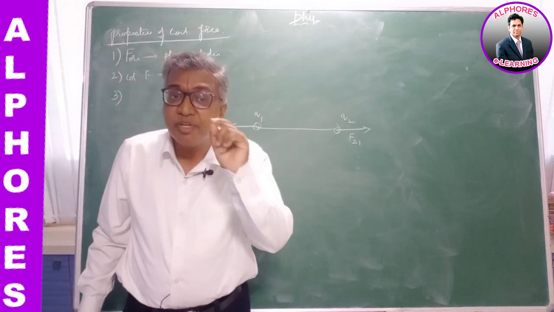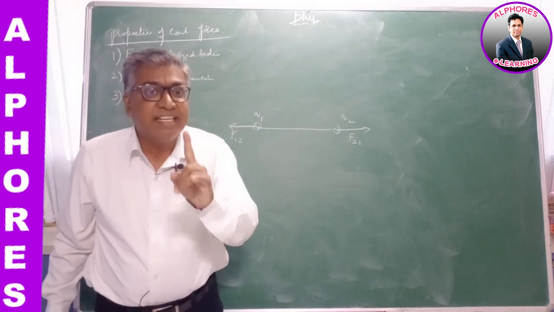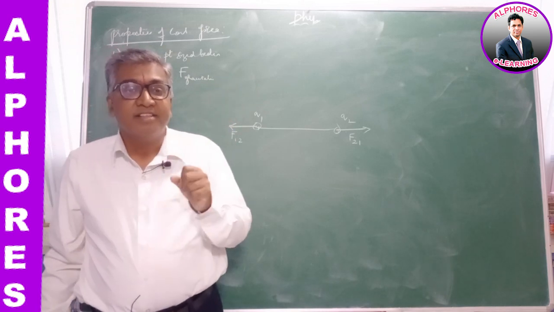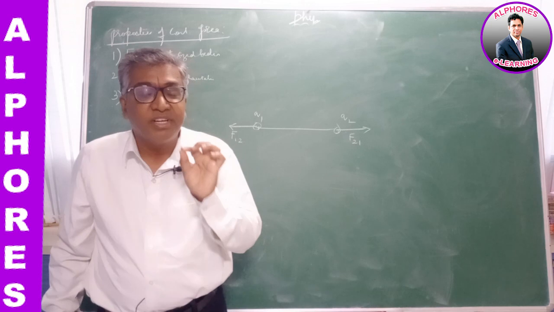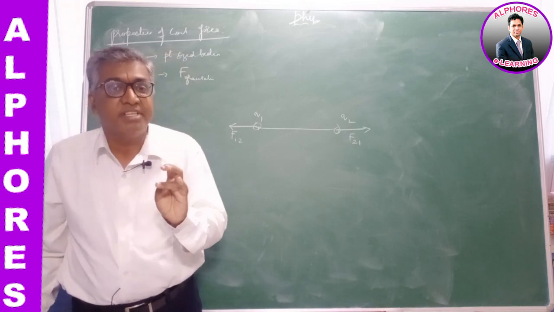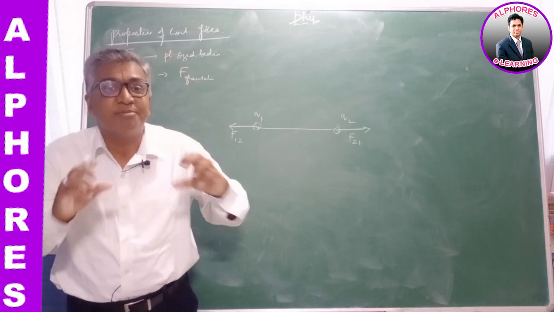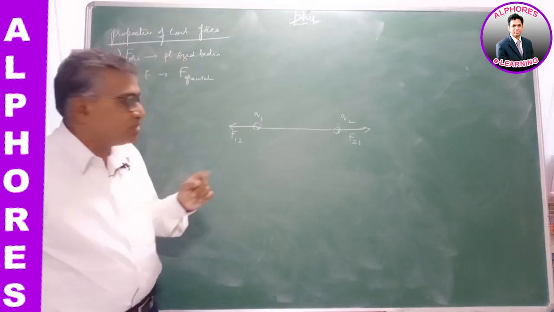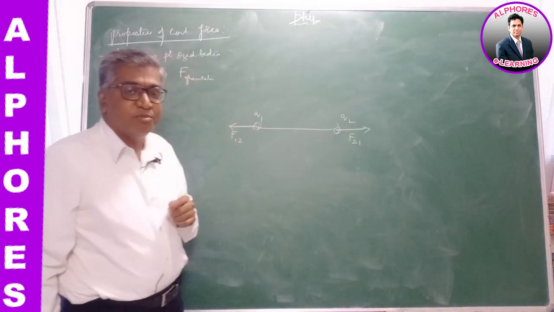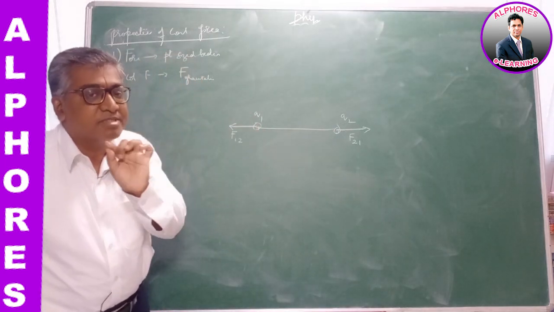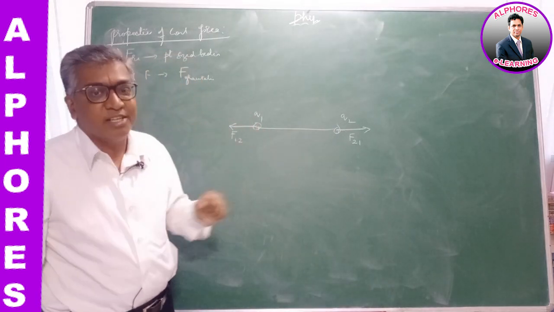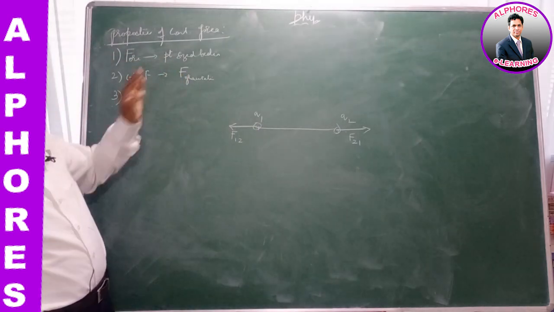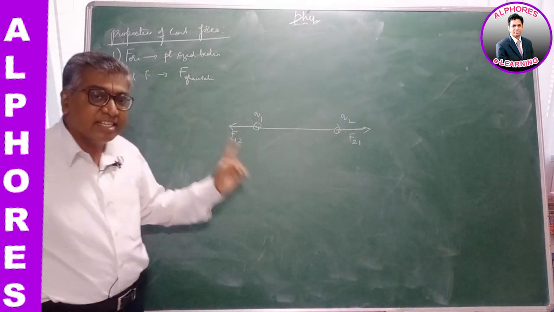And there is an important point to note. It is an internal force. You know, in center of mass first year, internal forces cannot change the position, velocity or momentum of the system of masses. So this Coulomb force is an internal force. Because of the Coulomb's force, the position of the center of mass will not change. It is applicable for point charges. It's similar to gravitational force. It is an internal force.